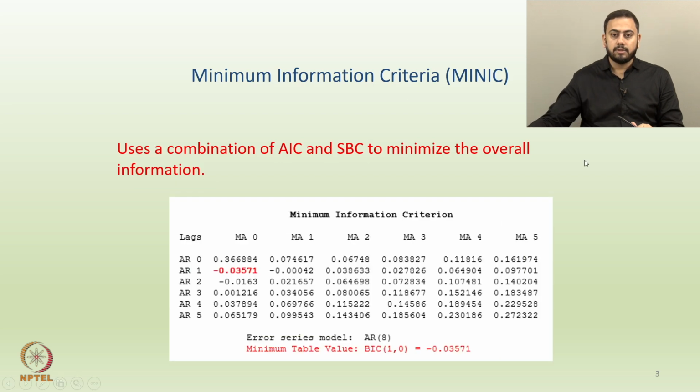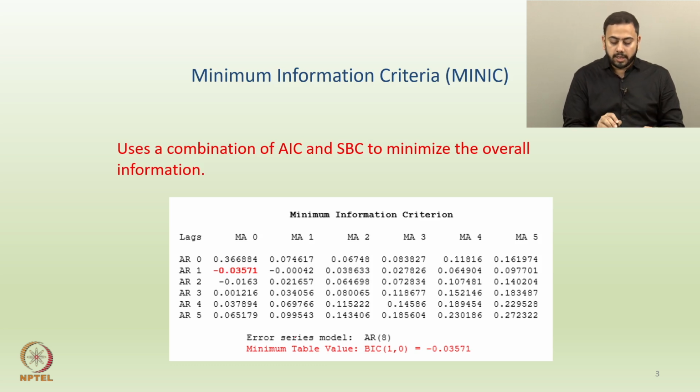So, this table is produced using a software, of course. Let us say you are analyzing a practical data set and you get this MINIC table, right. Again like I said, the first row gives you all the orders for possible MA structures and the first column gives you all the orders for possible AR structures, right. So, 0, 1, 2, 3, 4, 5 and similarly 0, 1, 2, 3, 4, 5 for MA as well. Okay. And the values inside this table give you that MINIC value. Here the idea is that you want to identify the minimum possible value, alright.